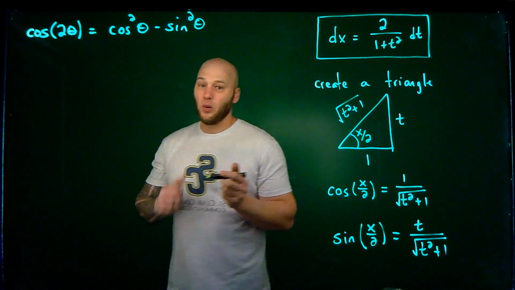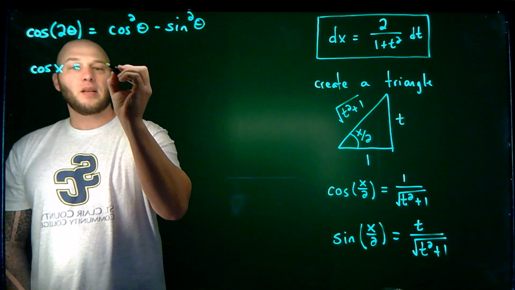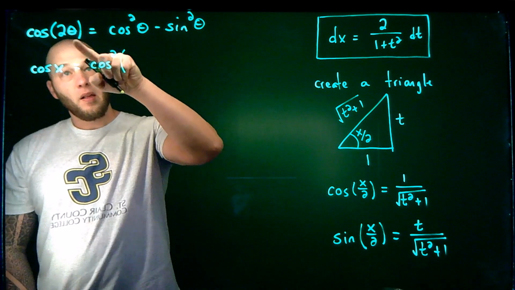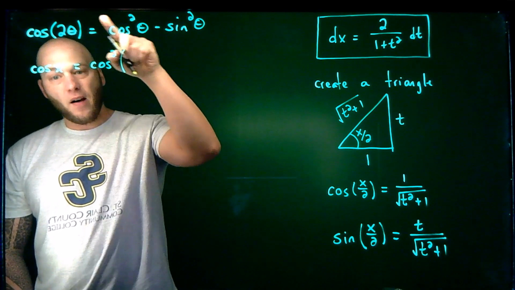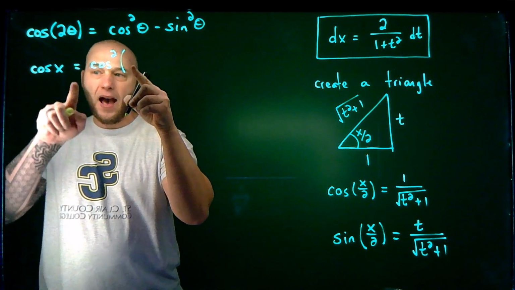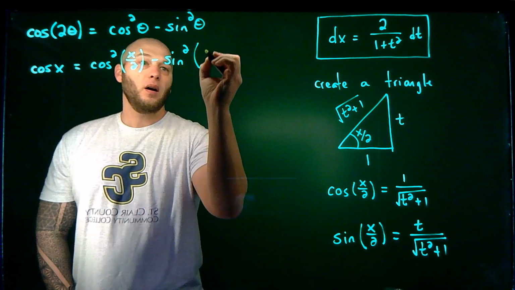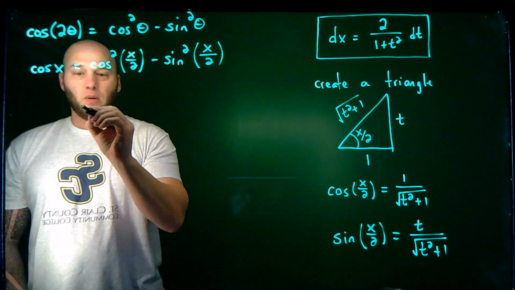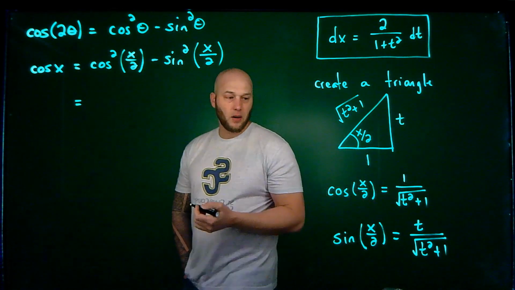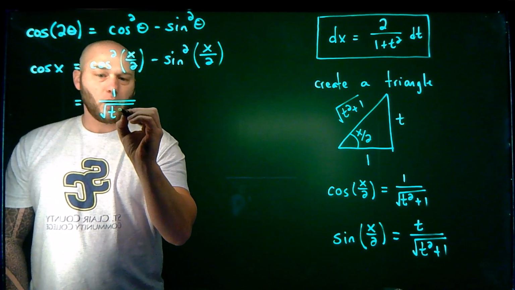In other words, if I was to say cosine of just x, this would be the same thing as cosine squared of, well, notice that this angle is twice this one, so this is half of this one. That means that in this expression here, I would have to replace this with half of this. So cosine squared of x over 2, and then minus sine squared of x over 2. And of course, we have the expressions for sine and cosine of x over 2 over on the other side of the board. And therefore, I would get 1 over the square root of t squared plus 1